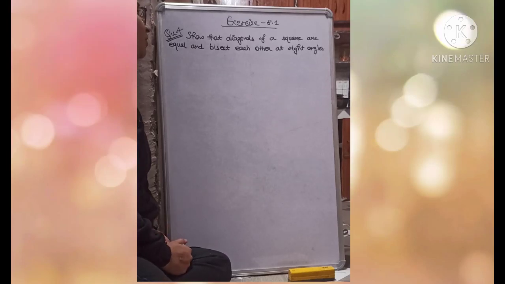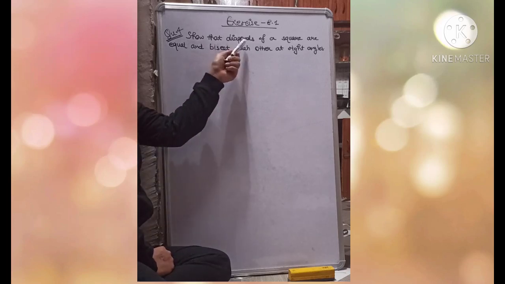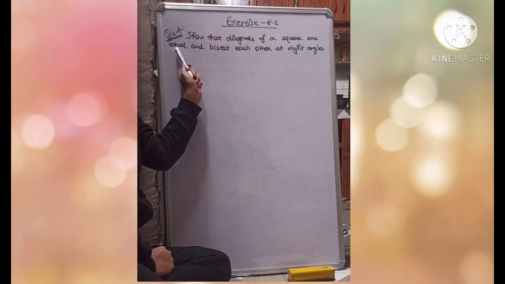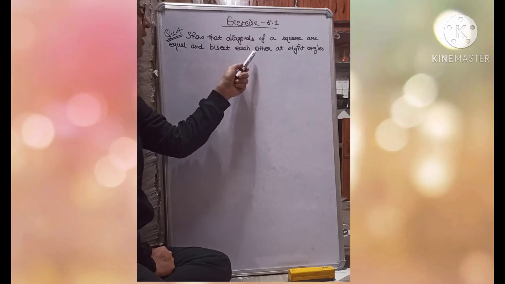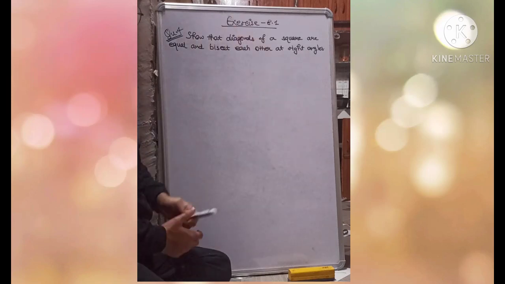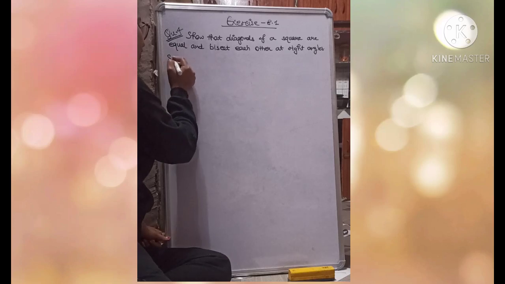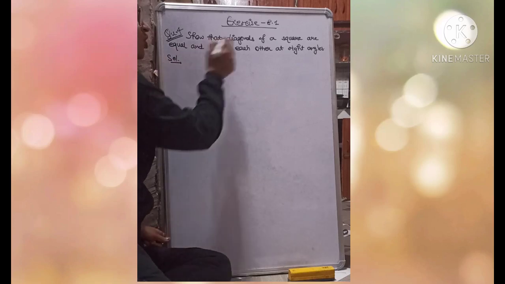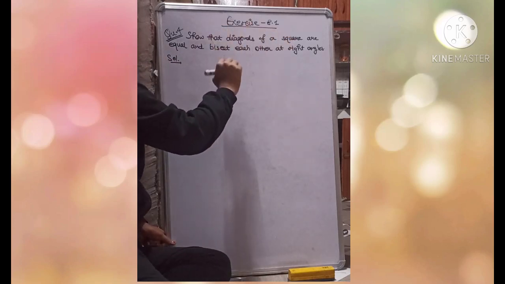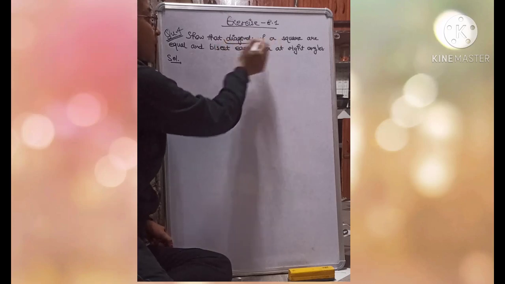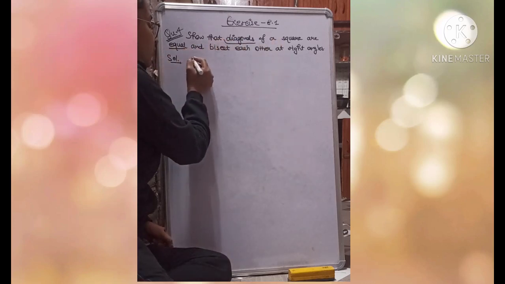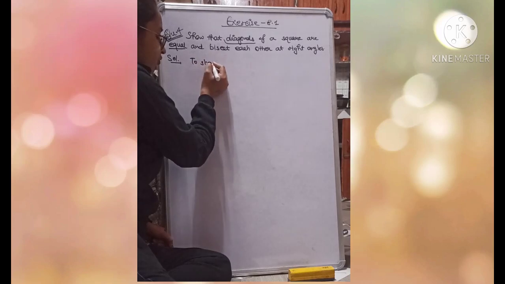So here is question 4 of exercise 8.1. Question 4 is, show that diagonals of a square are equal and bisect each other at right angles. So given is, solution is, given is we have a square and we have to show that diagonals of a square are equal. First thing to show, first is